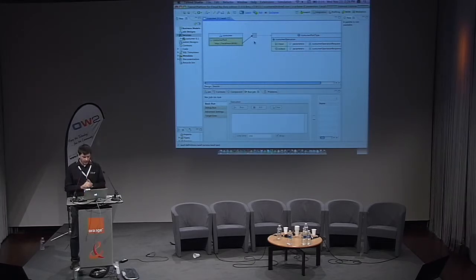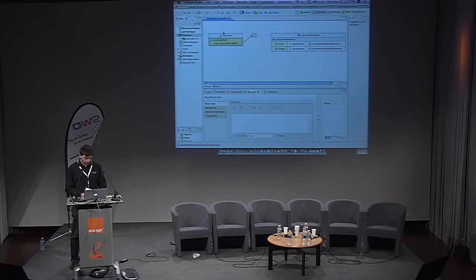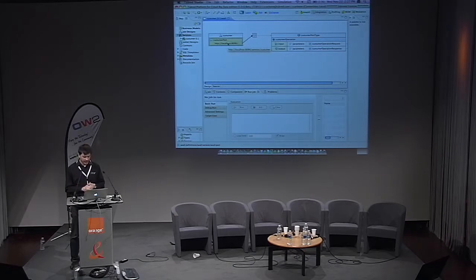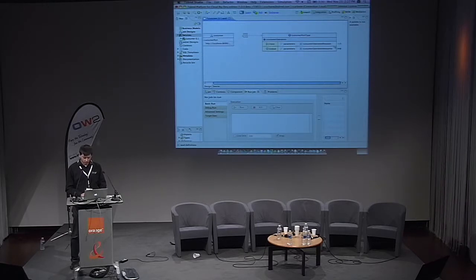For my customer service, the studio has automatically created some things, like an operation called customer operation, a request response, and an endpoint. The endpoint is the URL I will use to reach my service. For example, I can change the port of this endpoint, and I will for sure change the input and the output.